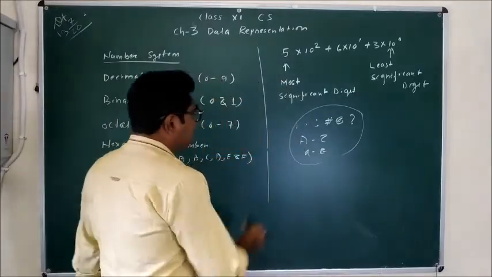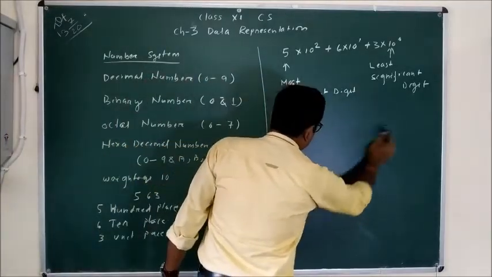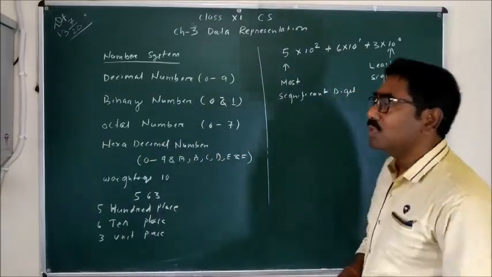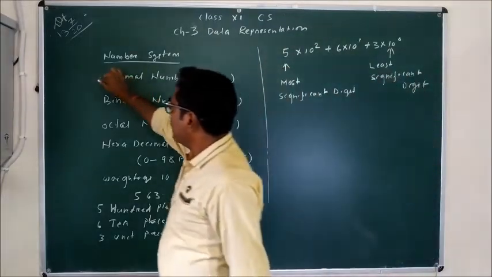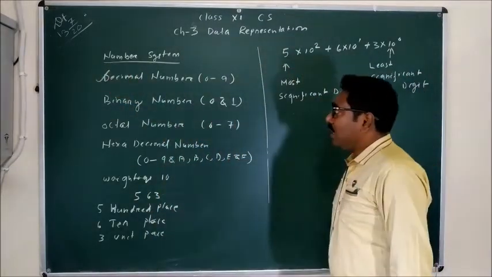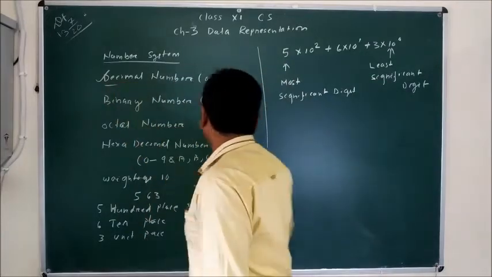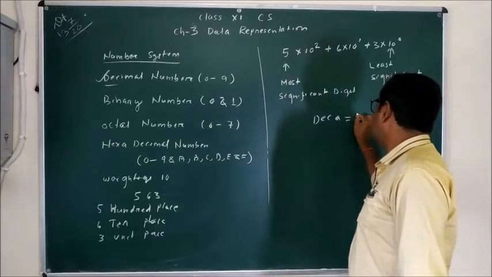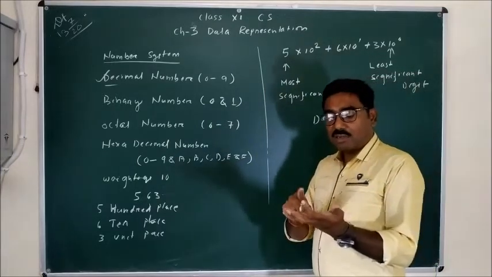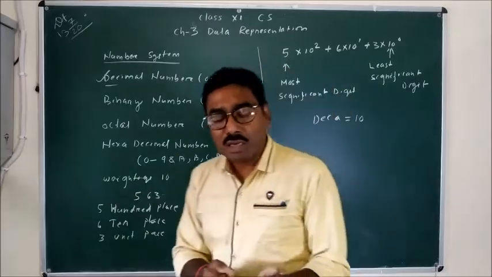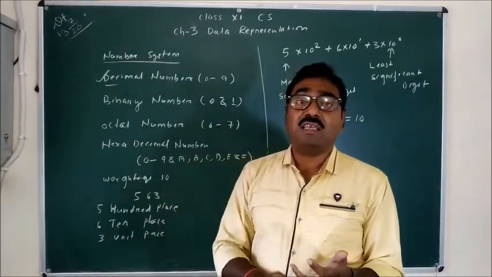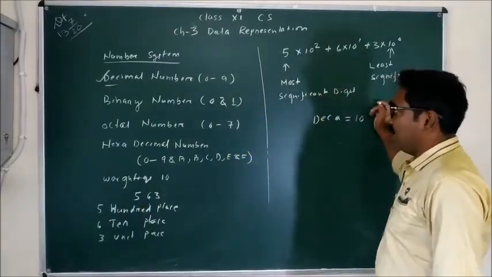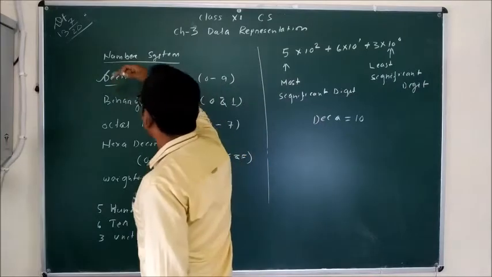Now, first we'll go for the numbers or the digits. If I am going for the numbers, then the most commonly used number we are using is the decimal number. The word decimal comes from the word deca. You must know about deca, that represents 10. Like in your chemistry or mathematics, you must have learned mono, bi, tri, tetra, penta, hexa. Likewise, deca represents 10, and the word decimal comes from the word deca.